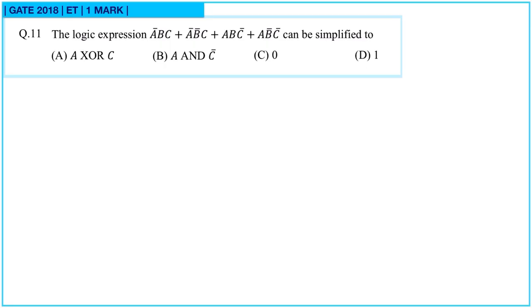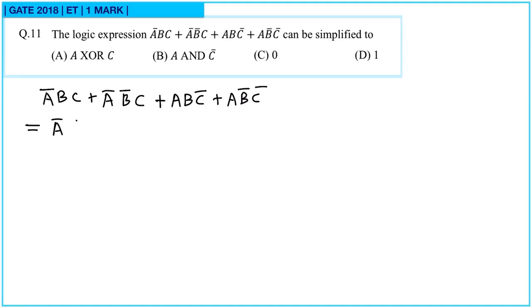Question 11. The logic expression is given to us: A bar B C or A bar B bar C or A B C bar or A B bar C bar can be simplified. So let us simplify it. We can take A bar common from this and C as well. So we'll get B or B bar,